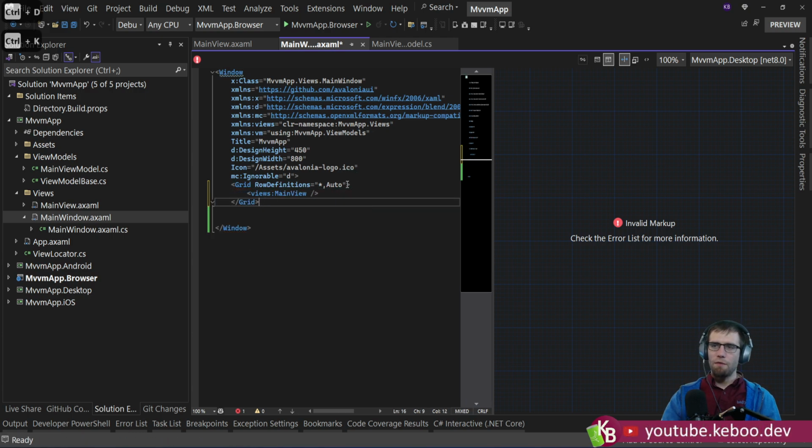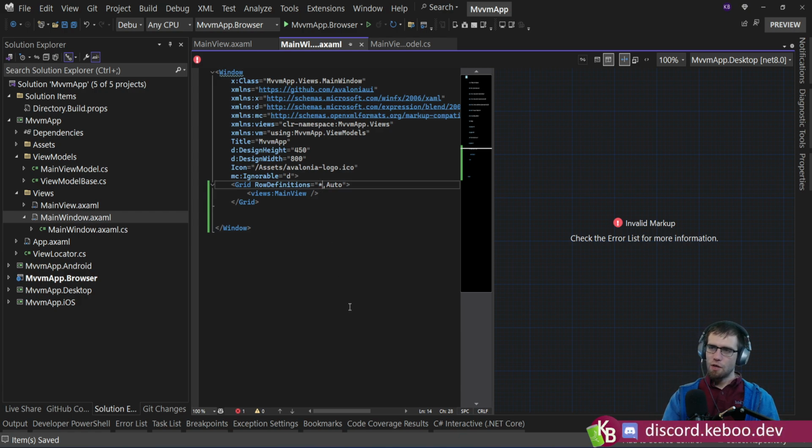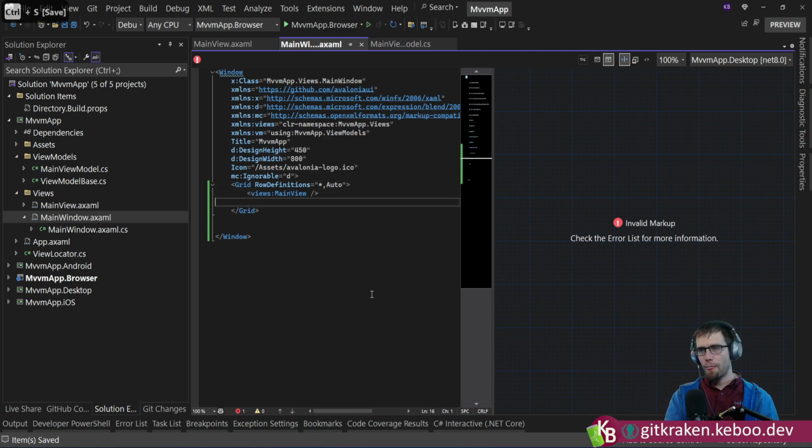All right. So what we have done is we have a grid with 2 rows. The first row is set to 1 star. So with star sizing, it's all percentages. So in this case, because this one is the only star column, it means 100%. If there was a second column that was 2 star, this would be the top 1/3, the bottom 2/3, etc. Right? So it's how many stars is how many pieces of the pie you get. And then the bottom row is going to be auto, meaning it's going to be as small as possible to encompass